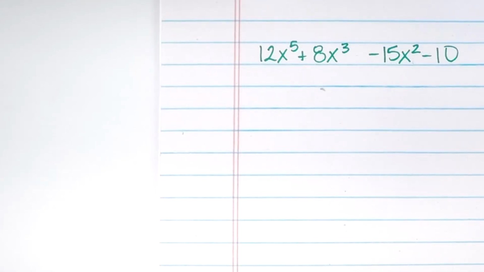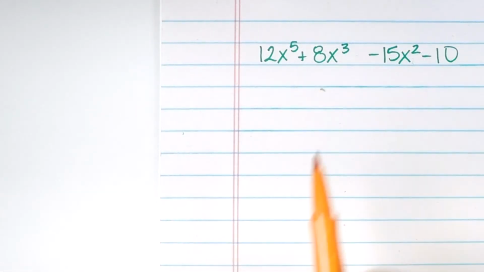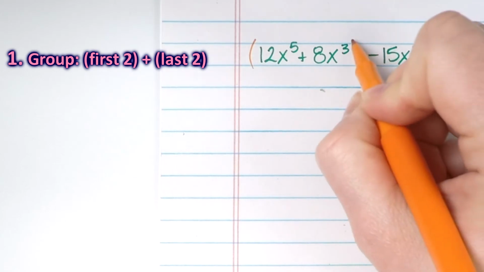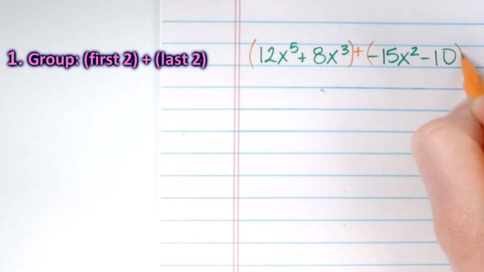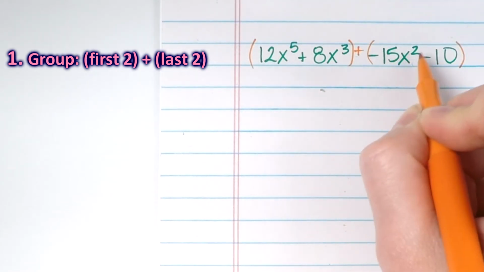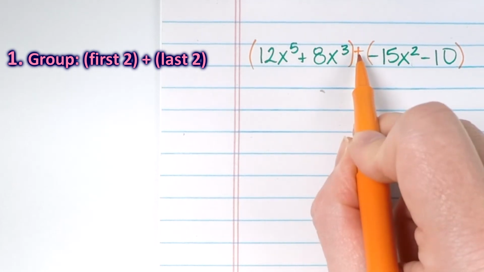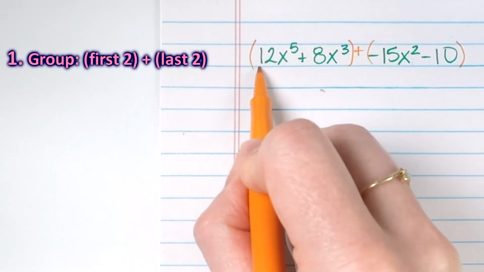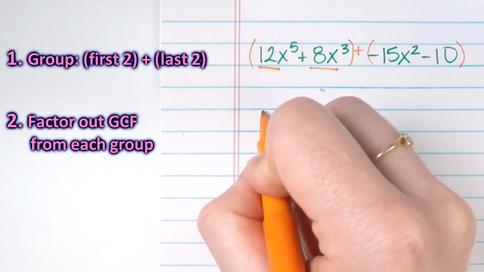Let's do one more step by step. All right, here's our 4 terms. If I'm going to factor this by grouping, we're going to group the first 2 and then plus the last 2. Make sure this minus sign is inside those parentheses because you want to have the groups separated by a plus sign. So looking at the first group, my 2 terms, the GCF we're going to divide out is 4x